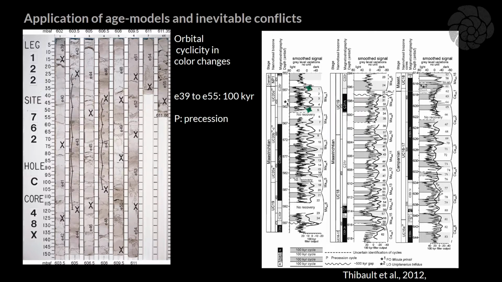You can see here the filter output of the 100, and this is throughout the core. So this is the 100,000 years that is filtered out here. So I could have used that to calculate the ages of foraminifer and nannofossil biohorizons on this site. And I didn't dare doing that. And the reason why is because